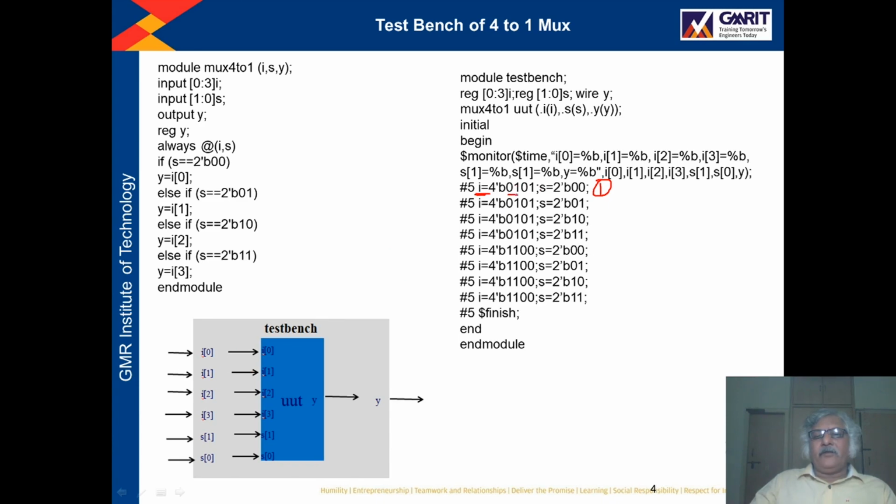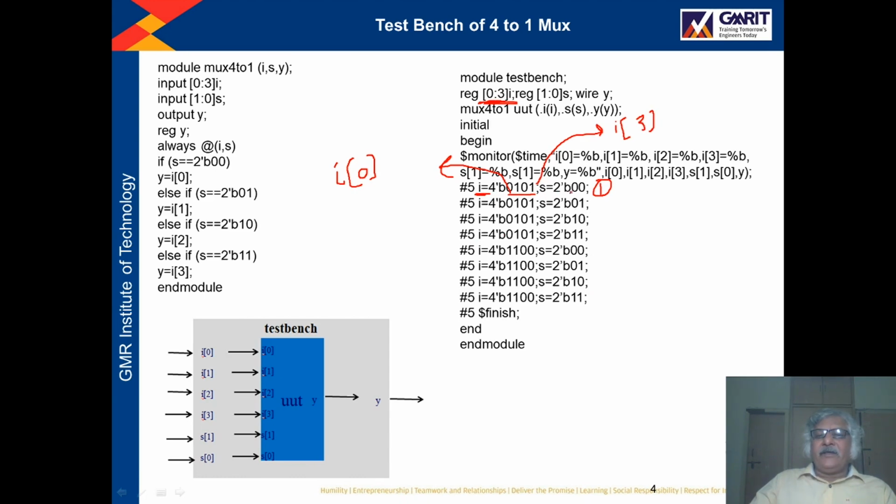So how I am writing 0 1 0 1, this means the first 0 belongs to I0, right? And the last 1 belongs to I3, because we have declared this I as [0:3]. So in this way the value will be assigned.